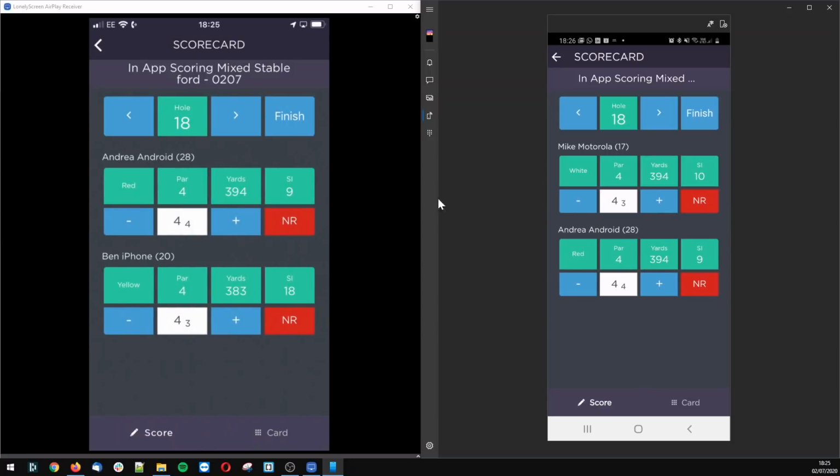Okay, and again I'm going to put 2 pars on the phone on the left, 2 bogeys on the phone on the right, and 2 double bogeys on the phone that is off screen. Once we're happy with our scores, we can select the finish button,